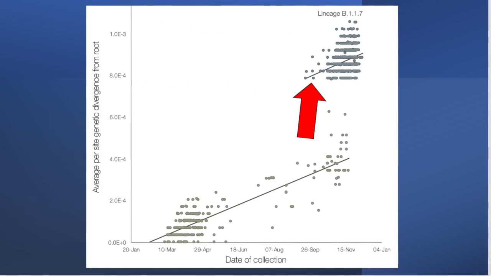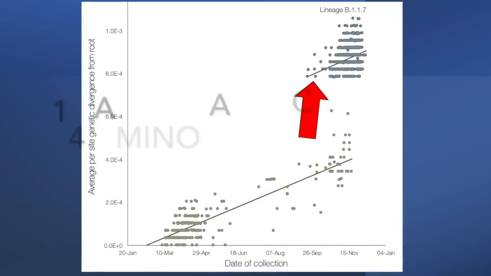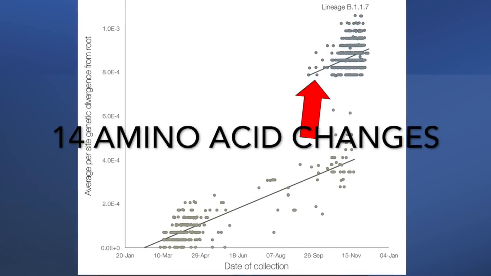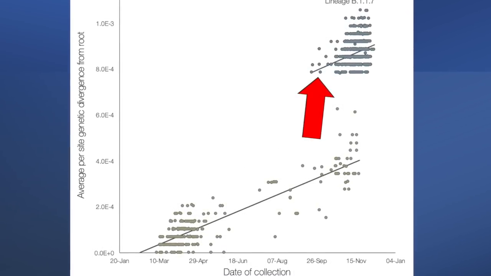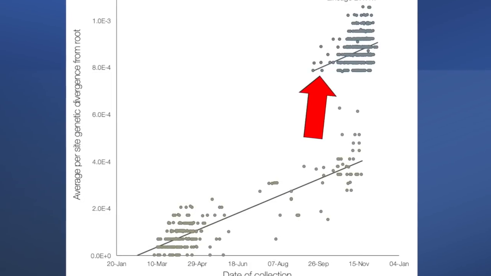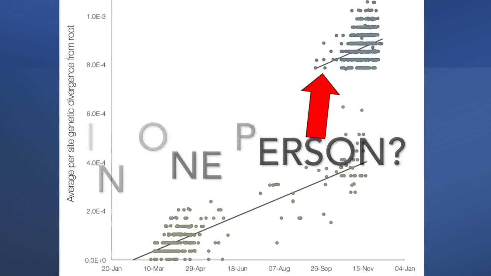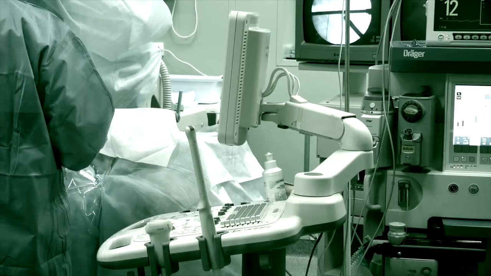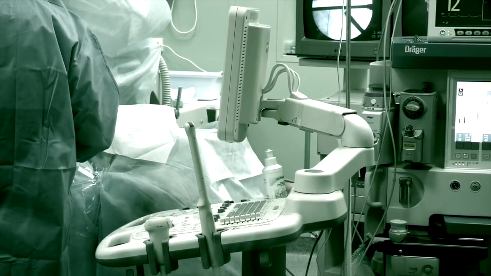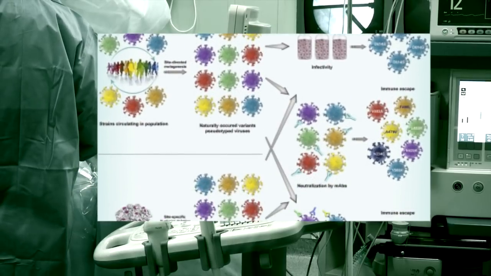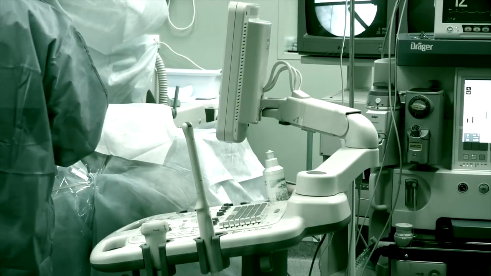Viruses mutate, we know that. But what's interesting about this lineage is that there are 14 changes to amino acids in this lineage that seem to have happened before it was detected. That's a huge jump, whereas normally changes are detected one at a time. Instead, it seems that nearly all of the 14 changes occurred within a single human before being transmitted on. This has led to a hypothesis that an immunodeficient patient who was chronically infected for several months created a breeding ground for mutations, harboring a diverse community of virus forms.